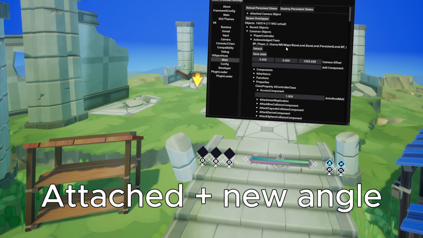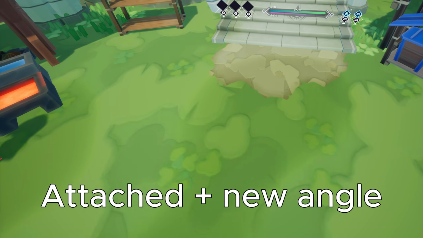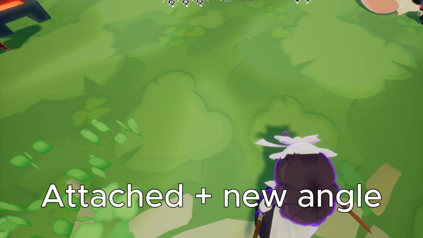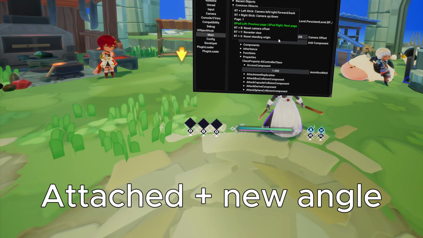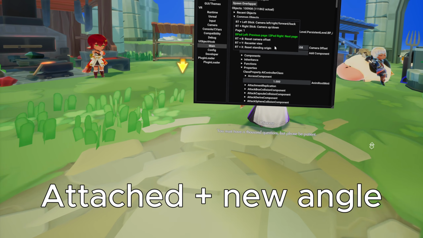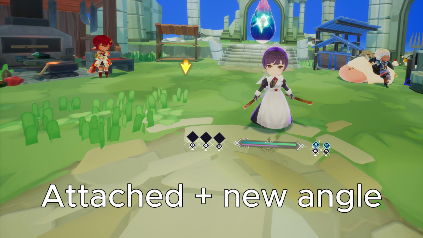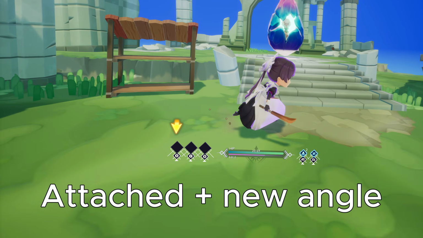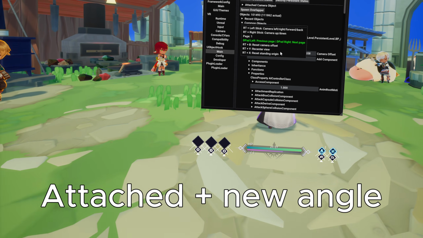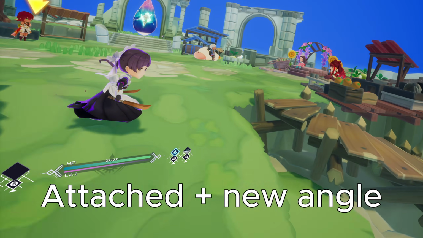Now you can also attach to a pawn in a third person game. It can sometimes cause some issues in cutscenes where you're supposed to be somewhere else, but it can also remove camera animations like big zooms in or out. So if you want to have a fixed distance from your player character,